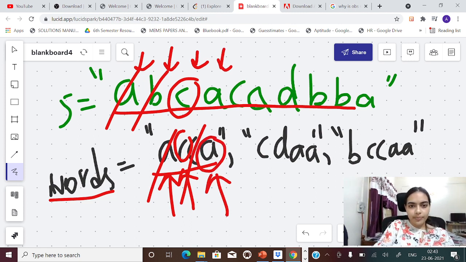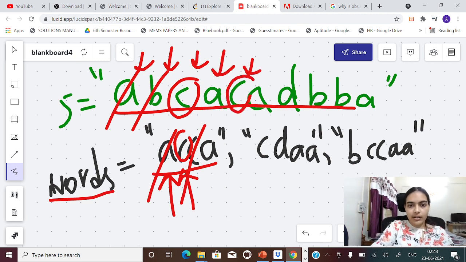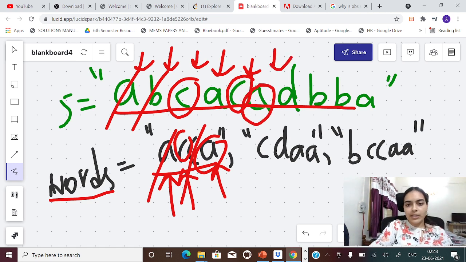Once you found C, you will try to find the next character, which is C, sorry, so it should be C. So you will keep on increasing the big pointer till you find C. Next you will try to find A. So again you will increase the big pointer and you found A. So you found all the four characters. So what you did, you kept on increasing the big pointer till you found elements in the small pointer, right? So that is a simple approach.